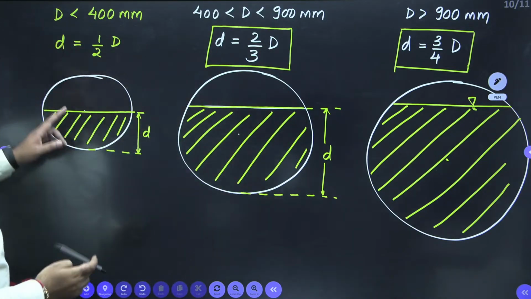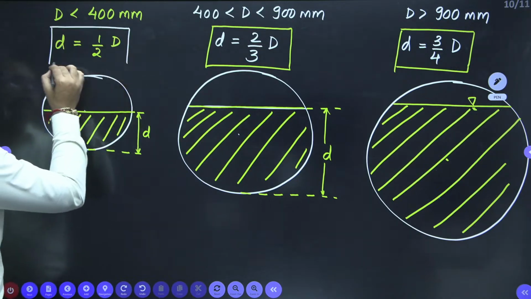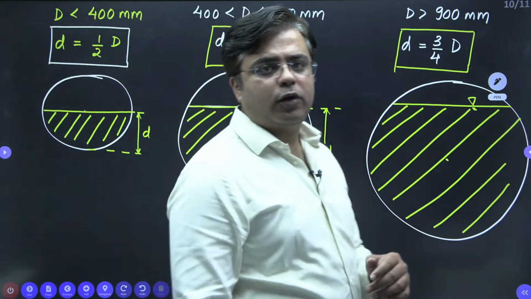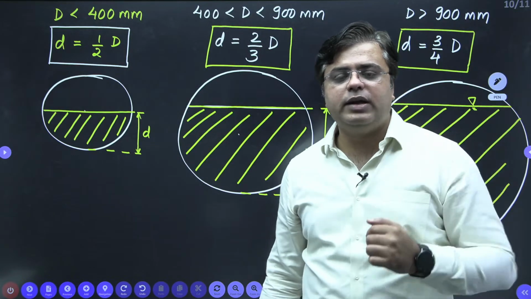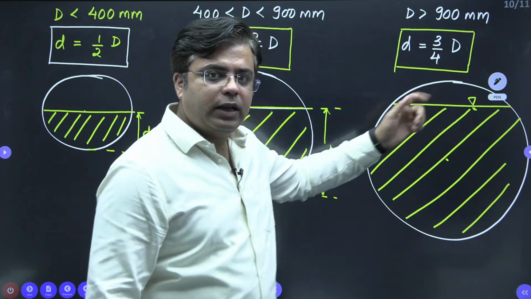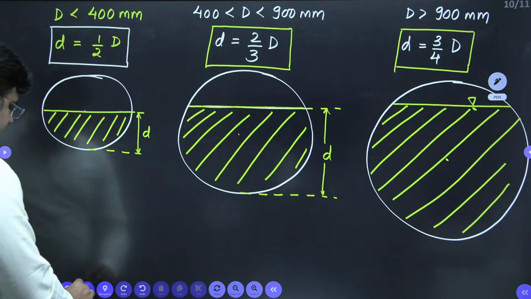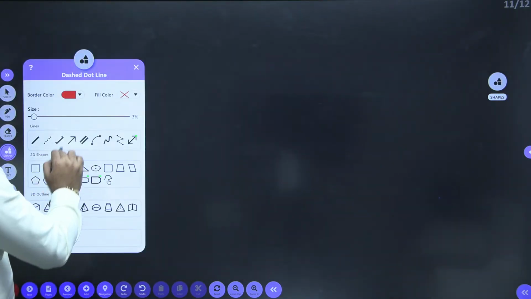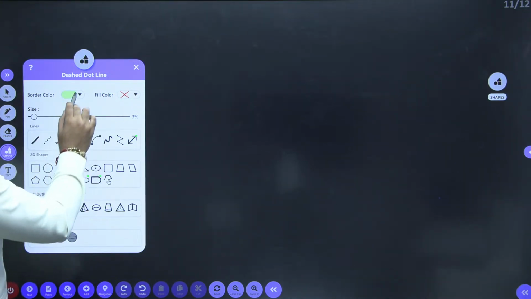And in this case, first one, if the size of the sewer is less than 400 mm, the sewers are designed to run at half full. Okay. So from this, you can clearly relate that the maximum allowable depth of flow is 3/4 of D and minimum allowable depth of flow is half of D. So whenever we are designing sewers, the depth of flow is always between 3/4 times of D to